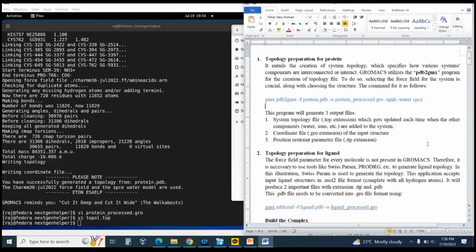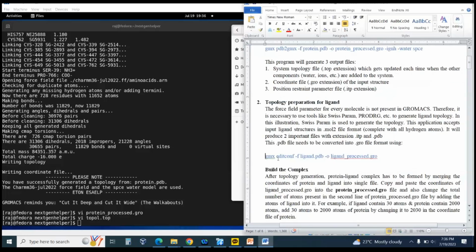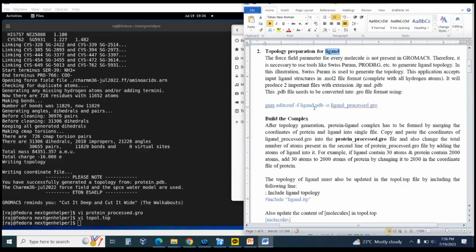So we already had generated this ligand PDB file. So the next step is to convert this ligand PDB file into the gro file, right? Because GROMACS likes to work with gro files. It understands PDB also, but ideally you need to convert to a gro file because we want to build the complex later. So what I'll do is copy this command from here, paste it here,